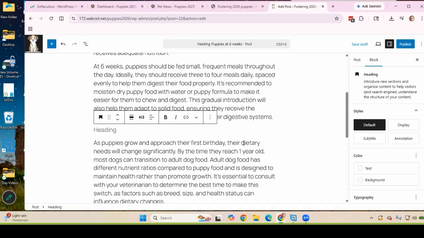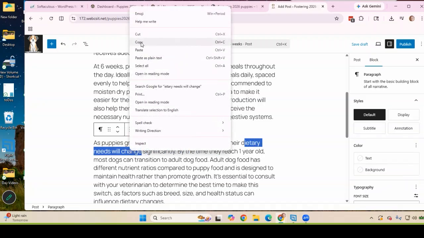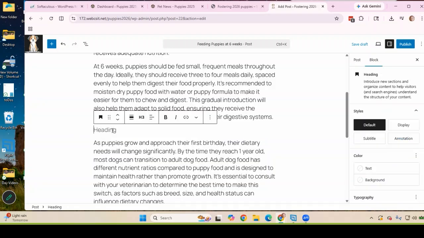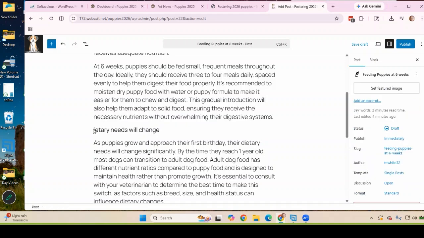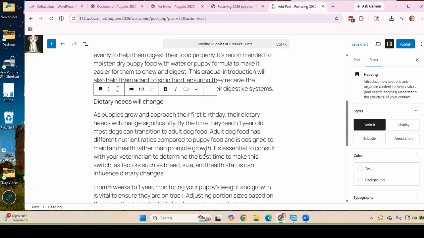Okay, so I'm just going to put dietary needs change, or will change. Okay, so I'm going to copy that and make that my heading. My dietary needs will change. Okay, so that will allow people to see that this is where we start talking about the needs changing,